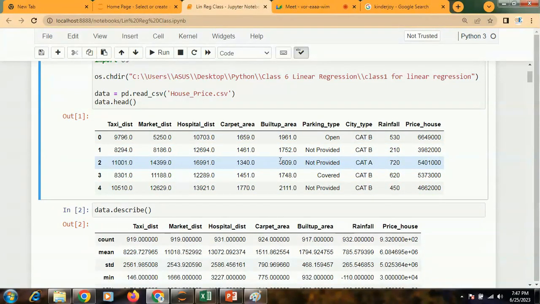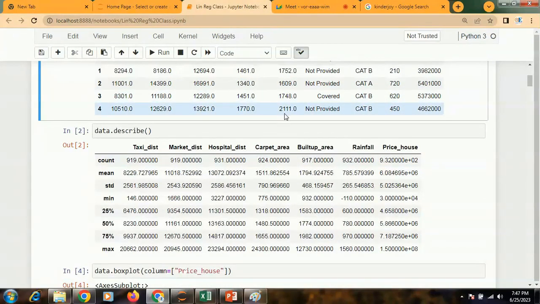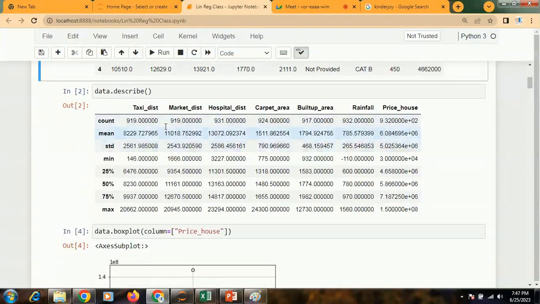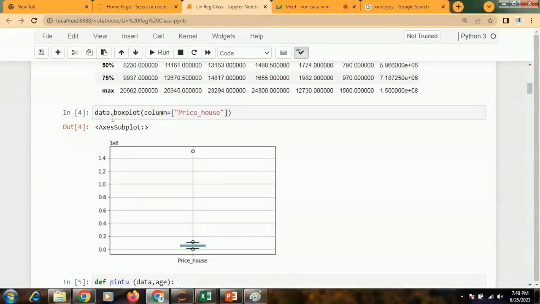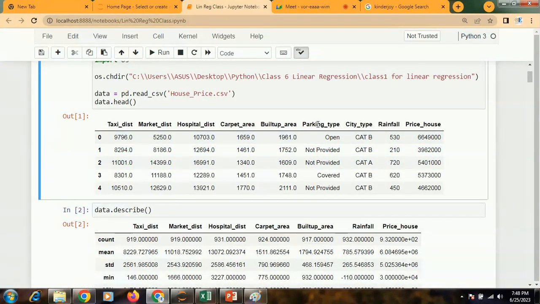Now what I need to check over here is, are there any outliers in my dataset? How do I understand whether there are any outliers or not? The describe function is not very clear, so I'm skipping it. Although it gives some basic statistics, mean, standard deviation, minimum, it's not important. We are going to have something called a box plot. In the box plot, for all the numeric variables except parking type and city type, we are going to check for outliers. For the rest, do I have any exceptional value?